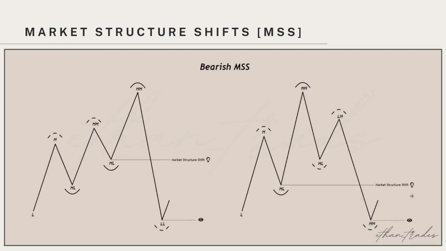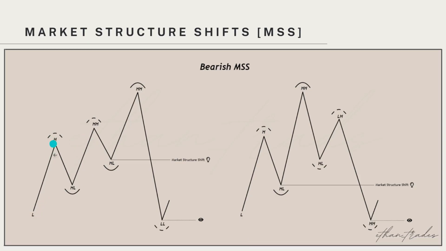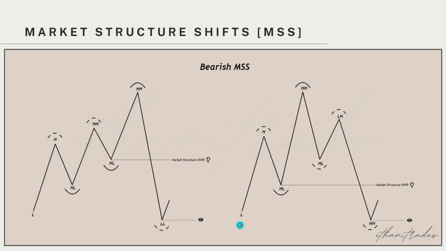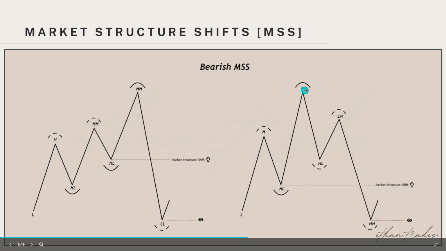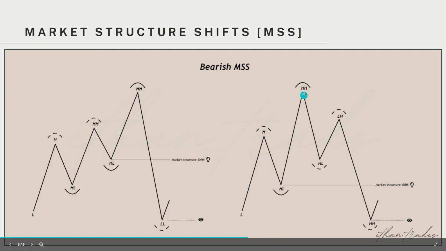And vice versa, this is a schematic of a bearish market structure shift, right? Once again, on the left side, we have a simple example where it's a bullish trend, right? Where low, high, higher low, higher high, higher low, higher high. This is a bullish trend, very simple. And once we take out this strong low right here, this higher low, we can have that market structure shift, right? And then on the right side here, once again, that complex example, where we have the bullish trend